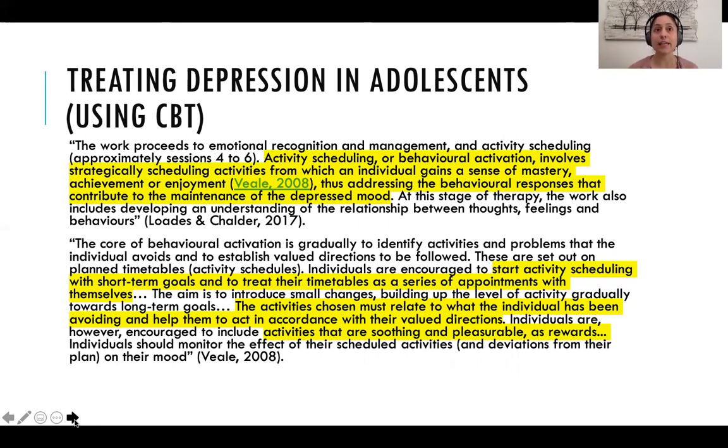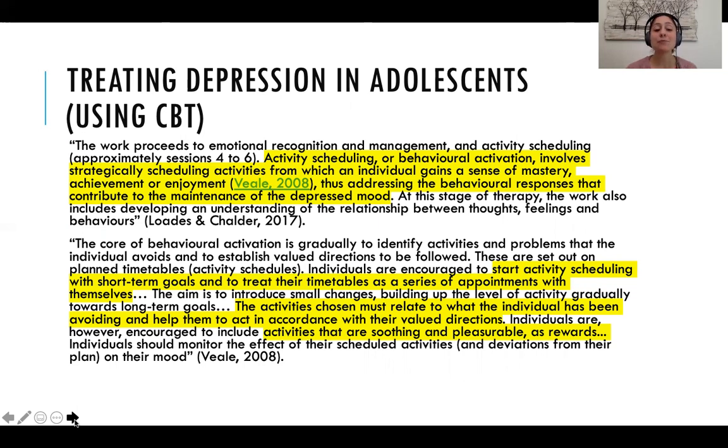In the case of our client, her isolation and her insomnia. Now, being a responsible researcher, I noticed that this passage also cites a different author, the Veal 2008 article. So I went and found that author and located the relevant information. As you can see in the second paragraph, the Veal article, though it is outside the recommended 10 years old